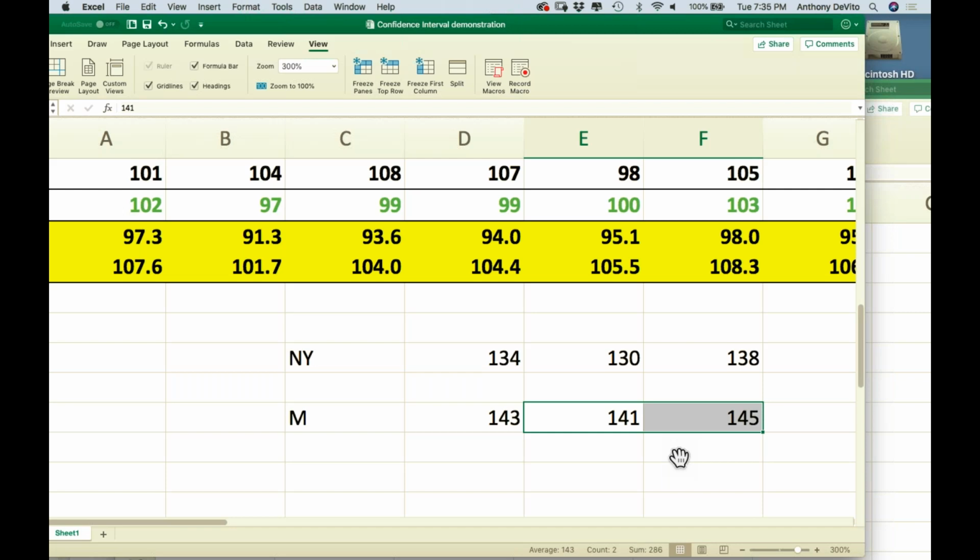So now, since they don't overlap, I'm feeling a little bit more comfortable about this. We don't really do this. We don't like to use overlap of the confidence intervals this way. Next week, we're going to learn a different technique, which uses the difference between the two means, and it uses the